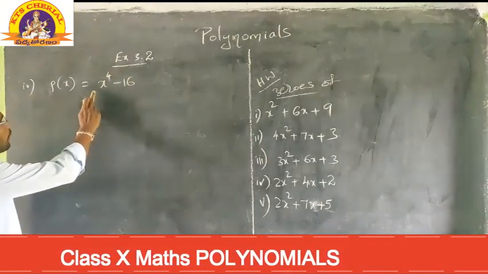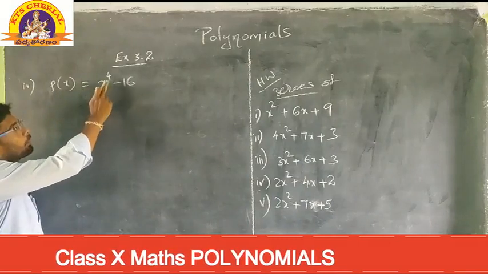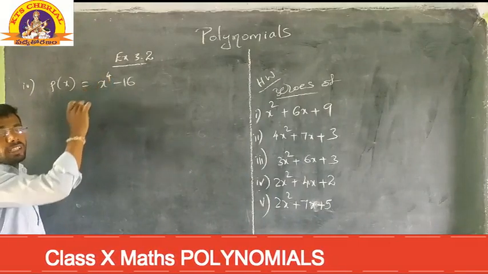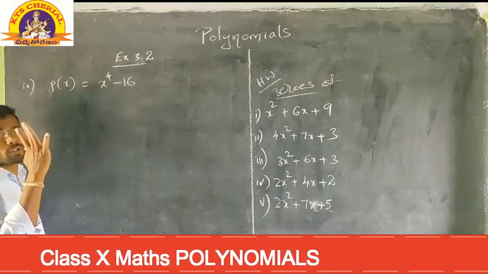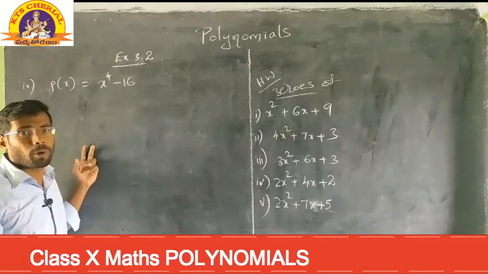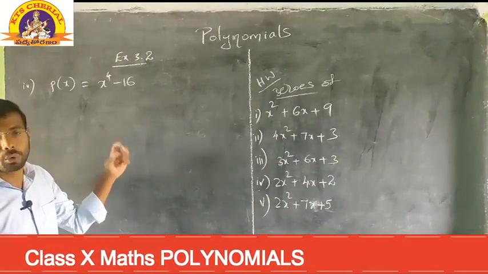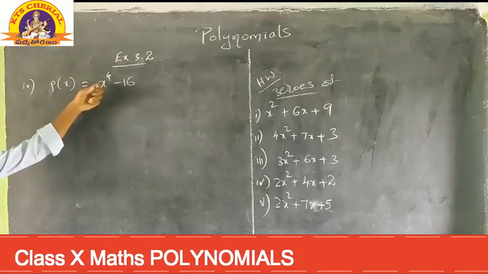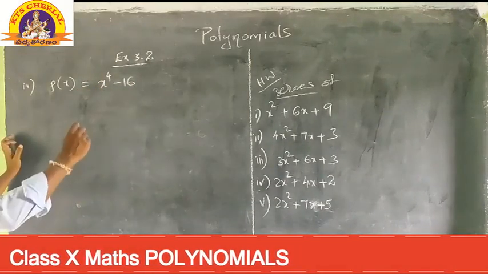Now, if you observe properly, the polynomial given here has degree 4. So in this problem, how many zeros are you getting? You will get 4 zeros. In the previous problem, he had given a polynomial whose degree is 2, so there you got 2 zeros. Here he has given a 4th degree polynomial, so we will get 4 zeros. What are those 4 zeros?